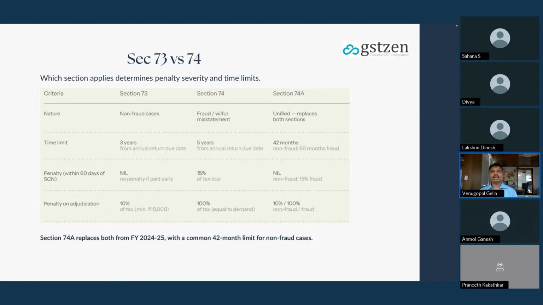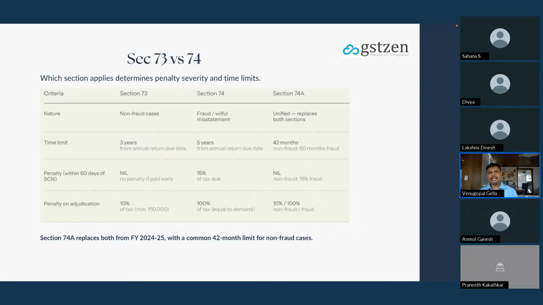Now he has his way, he can go and defend the case. Likewise, the department is going to make a demand. That is why we call it SCN, show cause notice, a demand why tax cannot be demanded from you either under section 73 or 74. Effective from 1st April 24, this has now been moved to 74A.